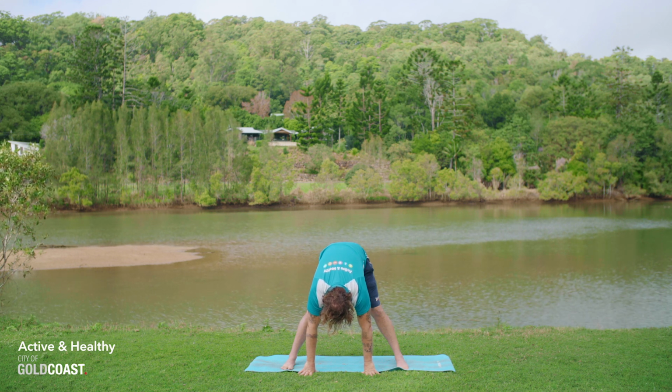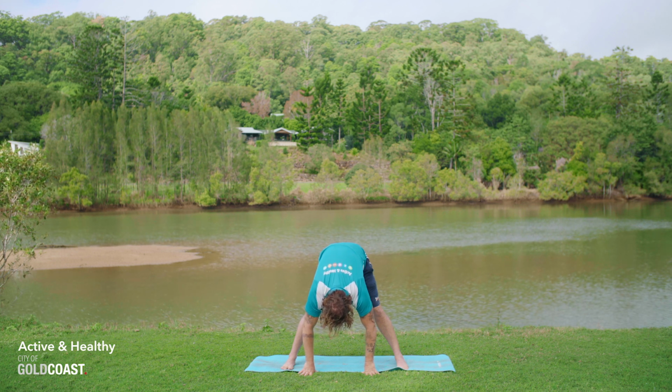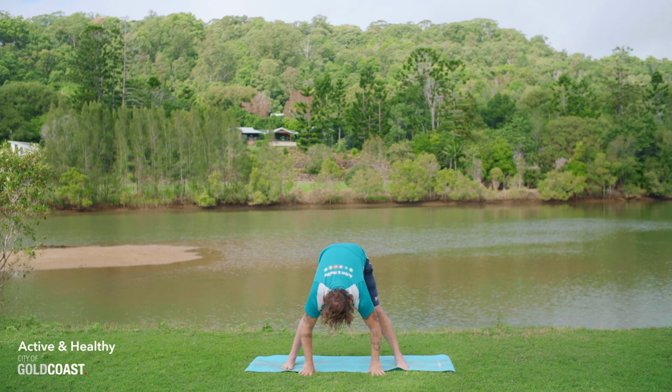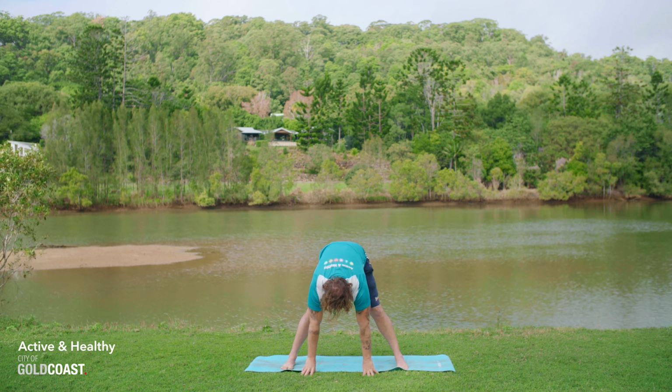Really relax. 3, 2, some people might get their forearms to the floor. You might even like a block on your head to relax your head as well. Close the door, coming up